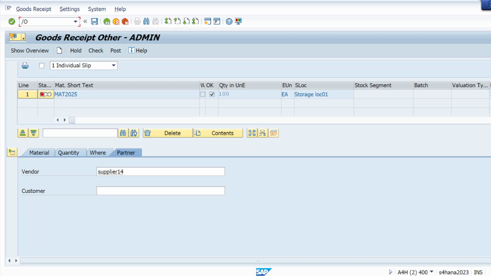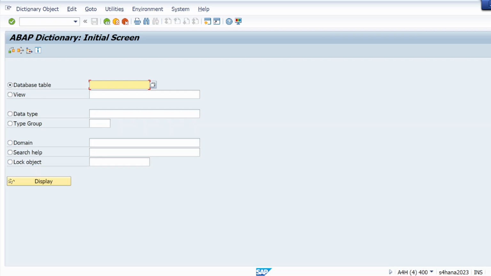Let me use the T-code SC12 or SC16. Let me check.